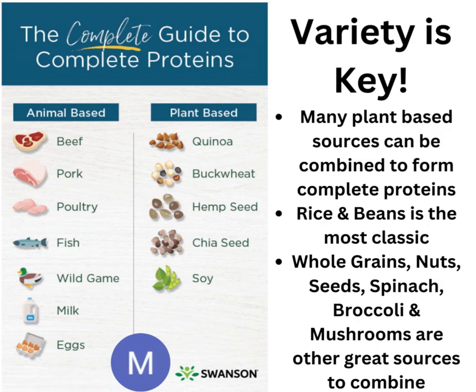There's also different plant-based sources of different proteins that you can combine to make a complete protein. So rice and beans by themselves are not complete proteins, but if you combine them and you eat them together, you'll get all 9 essential amino acids. That's the most classic combination of plant-based foods to combine to form a complete protein. But whole grains, nuts, seeds, spinach, broccoli, and mushrooms are also great different plant-based sources to combine to make a